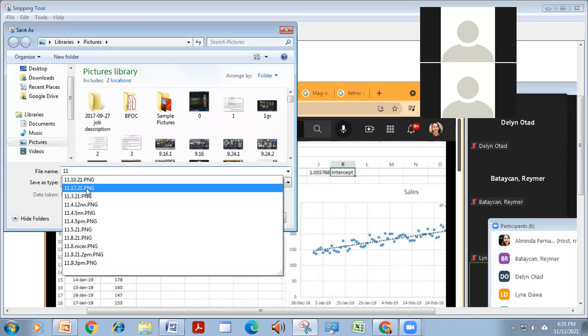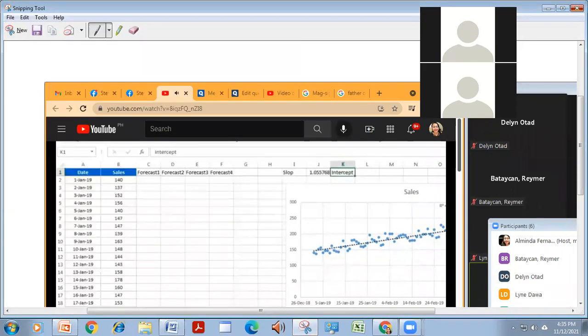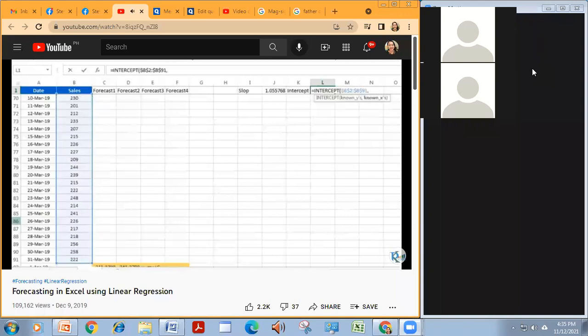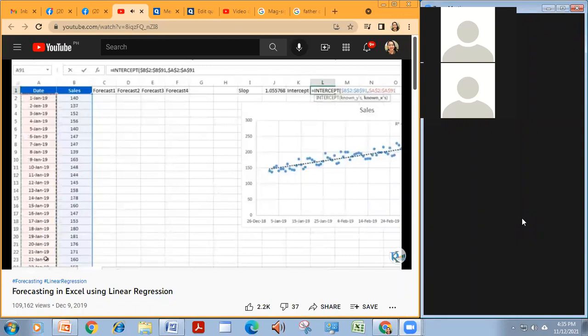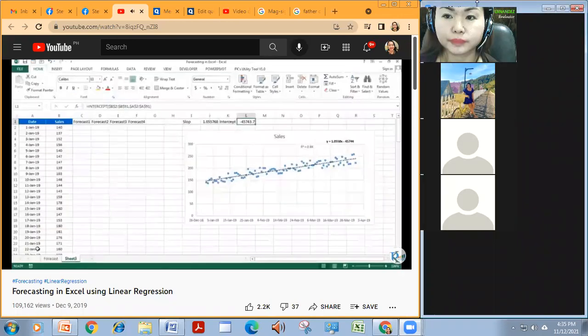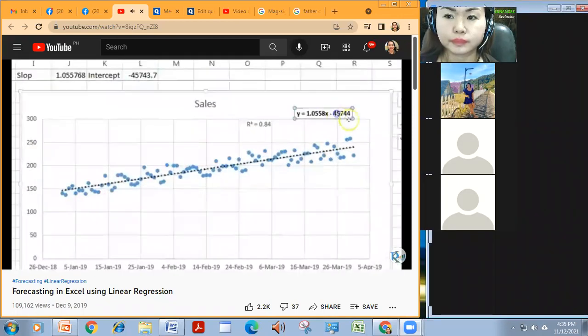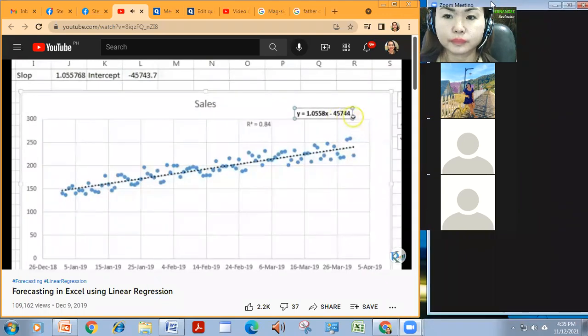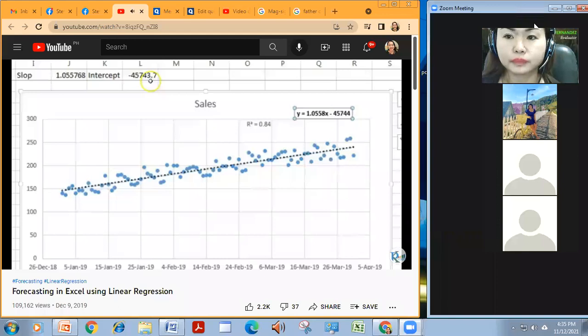Then again we will use a similar thing, known_y's will be this, press F4, and then known_x's will be this, press F4, just close the bracket. So we are getting the same intercept which is available here. You can see minus 45744. This is minus 45743.7, which is almost the same.